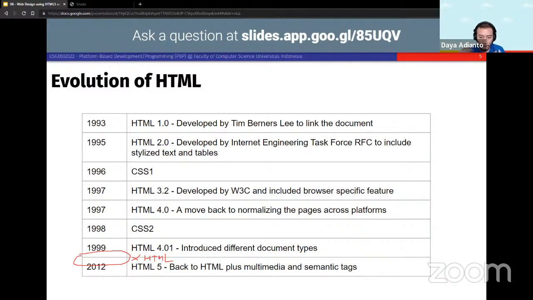But in general, most of the tags from earlier HTML still exist until now. And especially in HTML5,